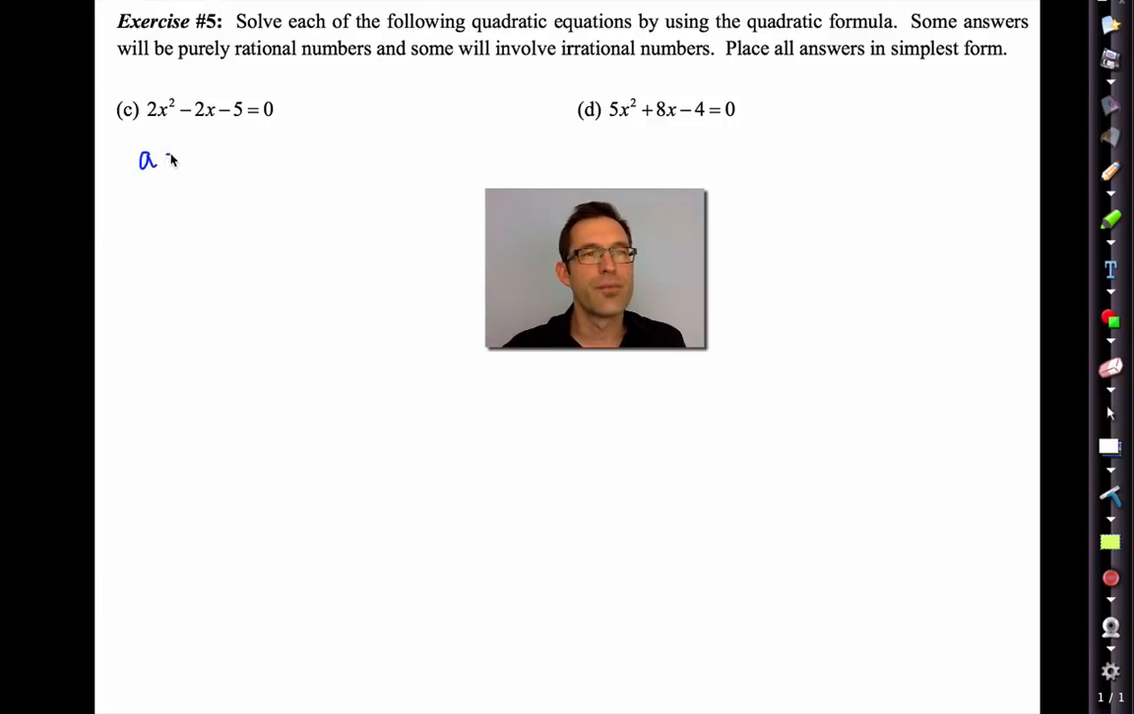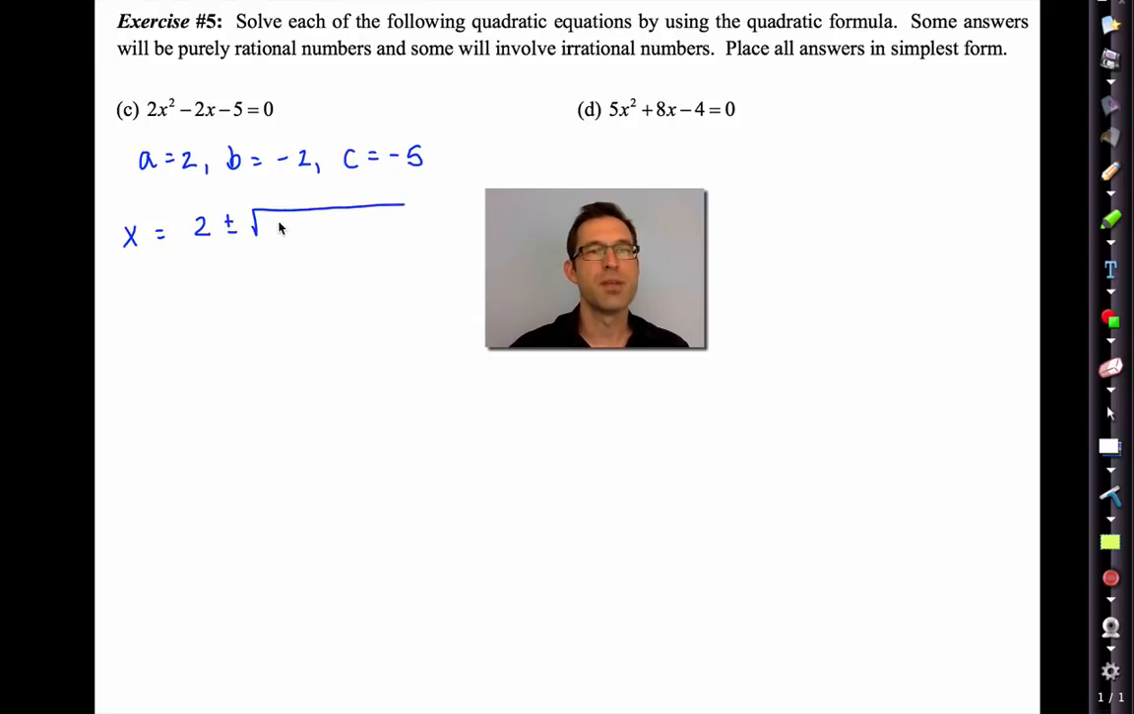What do we have here? A is 2, B is negative 2, and C is negative 5. All right, so X is negative B. Notice how I'm just immediately making that a positive, plus or minus the square root of B squared, which is 4, minus 4 times A times C, all divided by 2A. So,